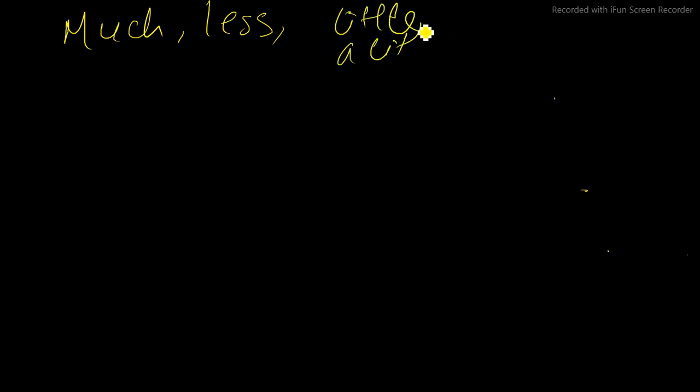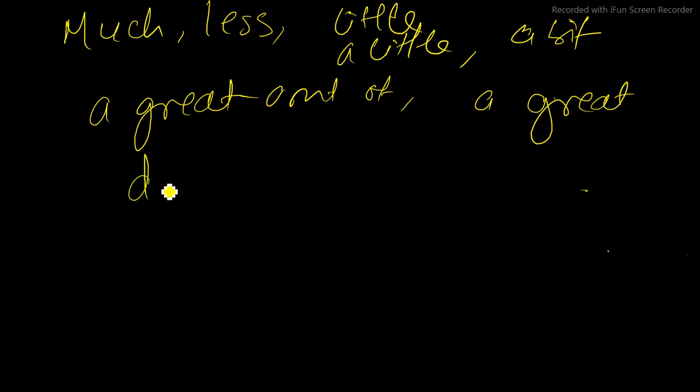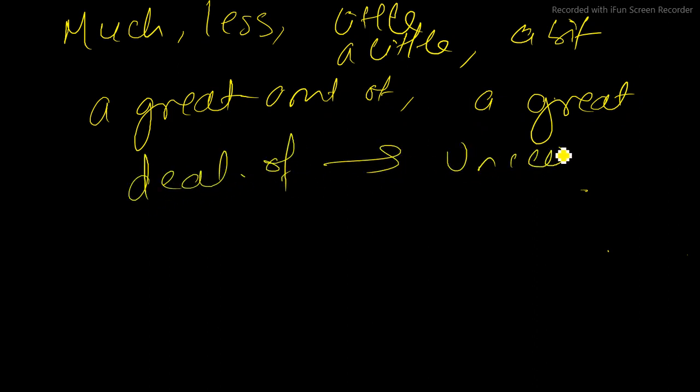The words which are always going to be used with uncountable nouns are much, less, little, a little, a bit of, a great amount of, or a great deal of. These are only going to be used before the uncountable noun. For example, a few,